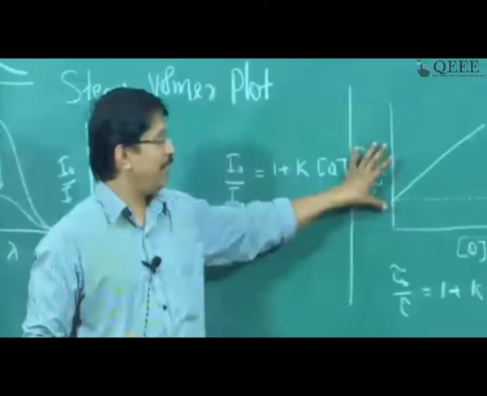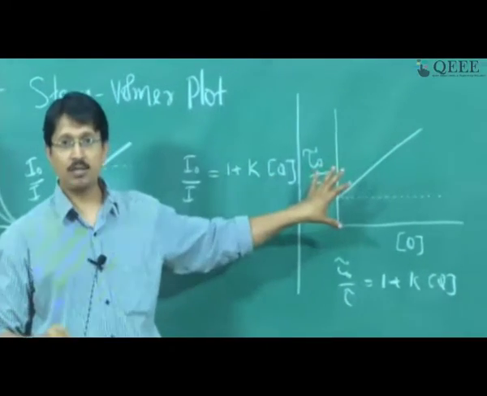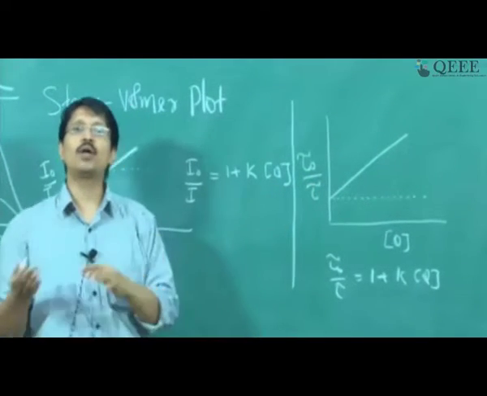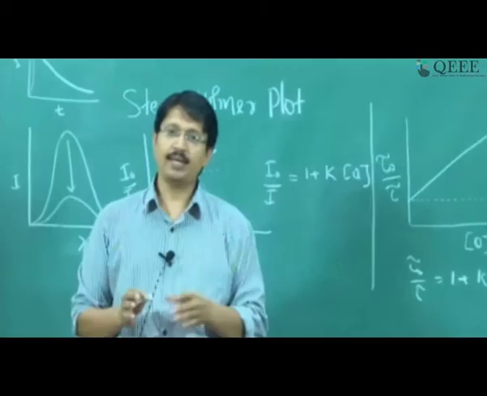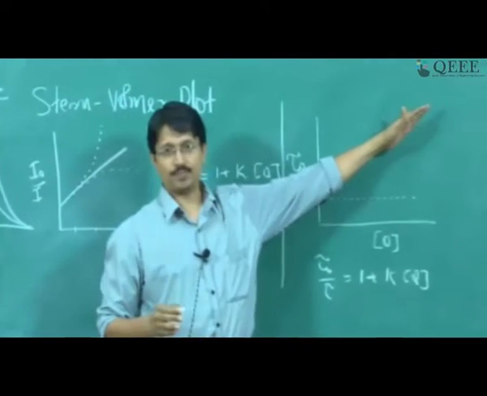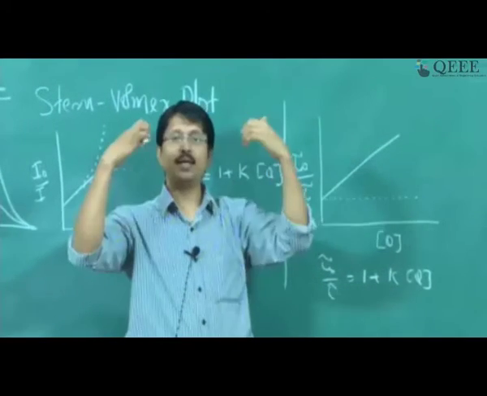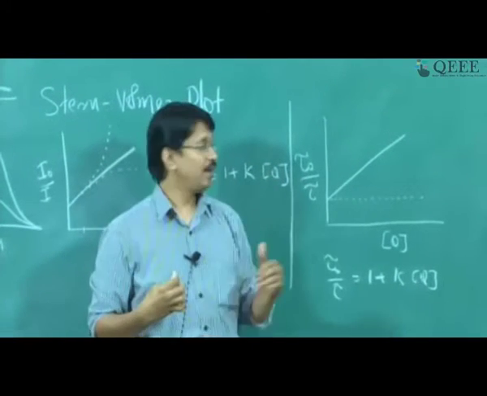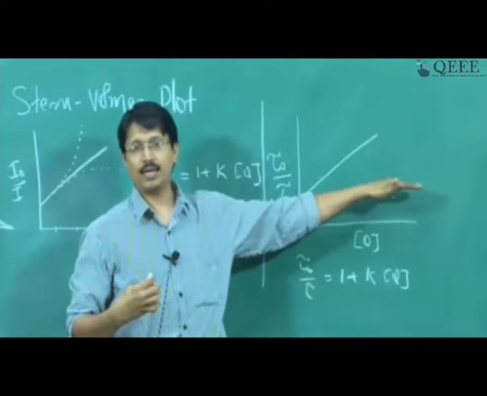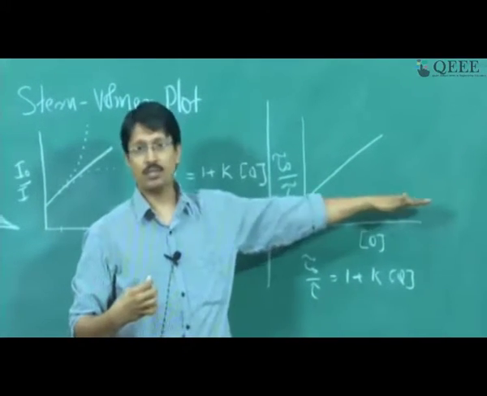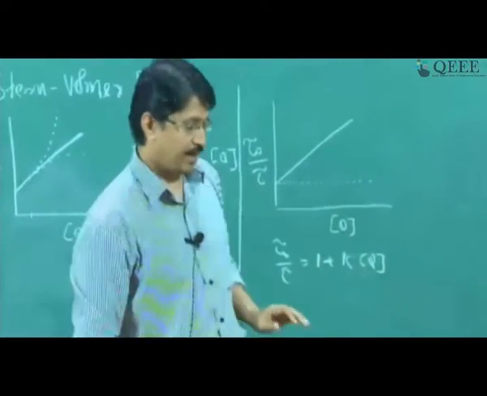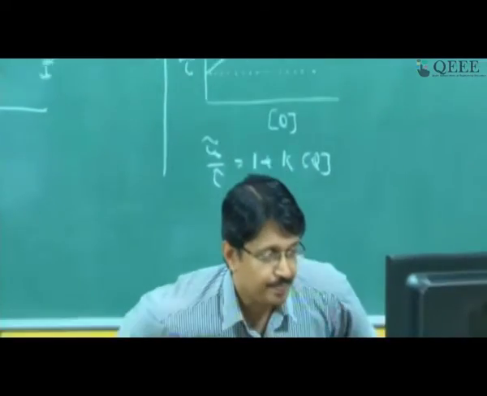So simply by plotting these lifetime plots, we can differentiate whether it is a static quenching or a dynamic quenching. If it is dynamic quenching alone happening, the lifetime ratio will increase, because dynamic means they interact in the excited state, whereas with static quenching, the lifetime will not get perturbed. You will get a line which is parallel to the x axis. So that is the easiest way to distinguish between dynamic quenching and static quenching.